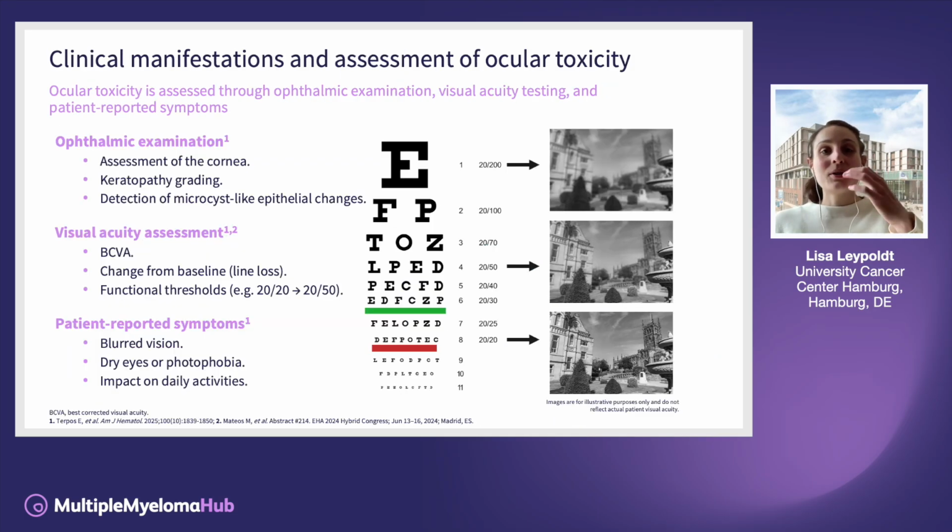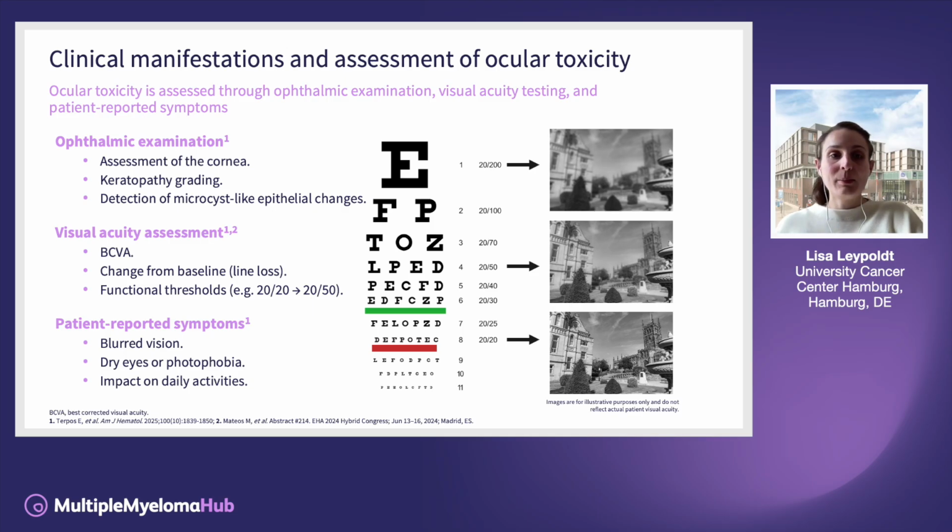But what does it look like? If you talk to your patients about what to expect from belantamab treatment, I think it's important to have some impression of what the eye doctor, the ophthalmologist, is looking for and testing, and also what patients may report or actually experience. In the eye exam, the cornea itself is looked at, because to assess the keratopathy, the eye specialist is specifically looking for microcyst-like epithelial changes, which are very common with belantamab. Of course, there will be visual acuity testing, and you will get the result of the best corrected visual acuity,